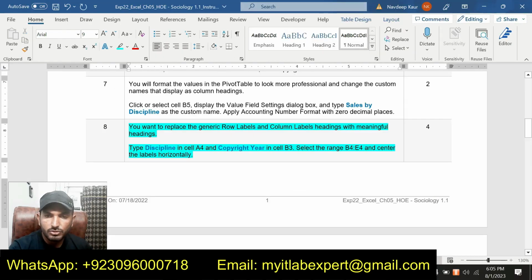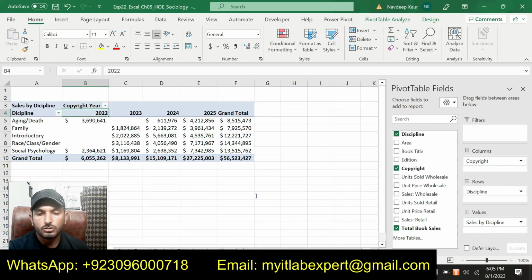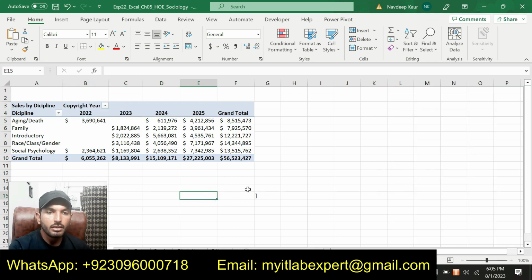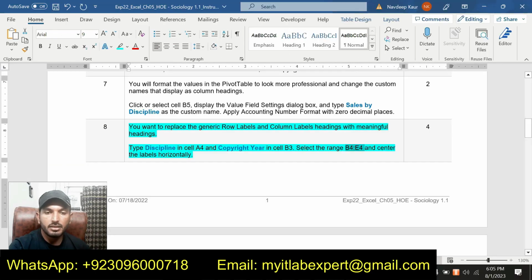And then we are supposed to select this range B4 up to E4 and center the label horizontally. So I will select the range first. Range has been selected, and apply the center alignment to this selected range. So that is all about step number 8.